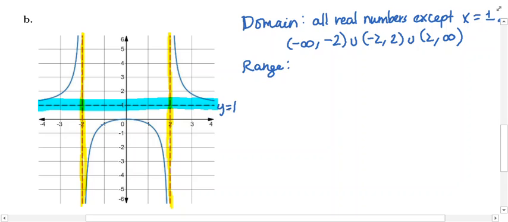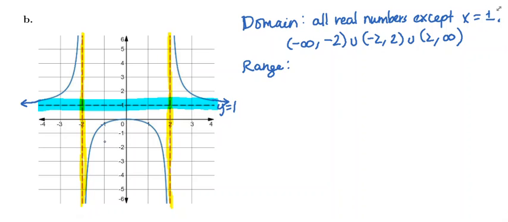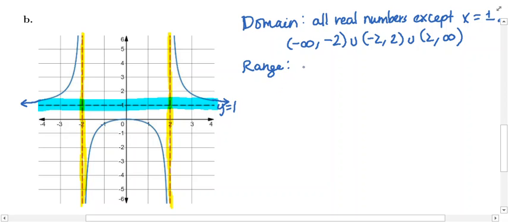So I'm going to write that out here: y equals 1. What that's telling us is, you can see the blue pieces never cross or touch this horizontal line. This piece over here is getting closer and closer to the dotted line from this direction, and this piece is getting closer and closer from this direction. This middle piece avoids it altogether. Because the three blue pieces never cross or touch this horizontal asymptote, we never get a y value of +1. So the range here is going to be all real numbers